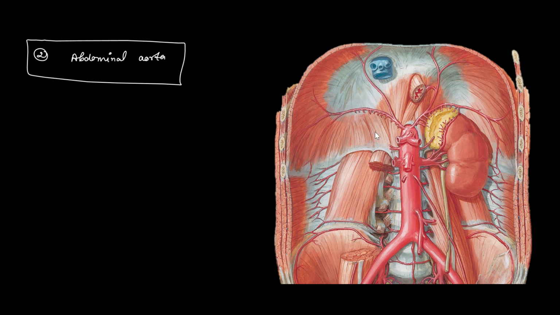So the abdominal aorta, we can see, starts at the median aortic hiatus of the diaphragm, anterior to the inferior border of the T12 vertebra and the thoracolumbar intervertebral disc. Okay, so descending along the vertebrae to the end of the fourth lumbar vertebra, it lies a little left of the midline, and at the end it divides into two common iliac arteries.